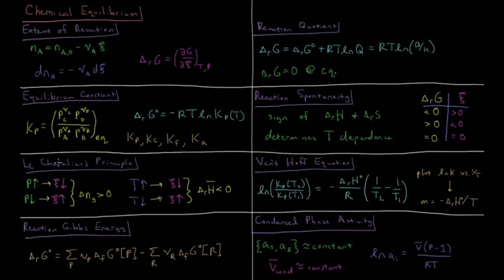Le Chatelier's principle tells us how a reaction responds to some kind of mechanical or thermal perturbation. So if the change in the number of moles of gas during the reaction is greater than 0, then if we increase the pressure, the reaction is going to respond by going backwards. Our extent of reaction will decrease, and some moles of gas will be consumed, and will minimize the effect of